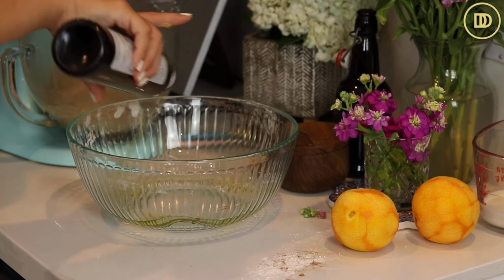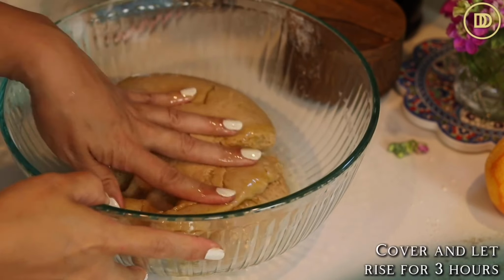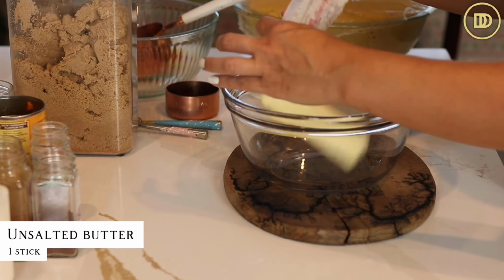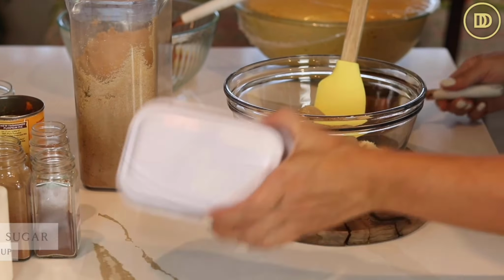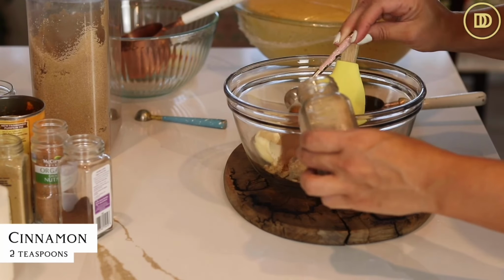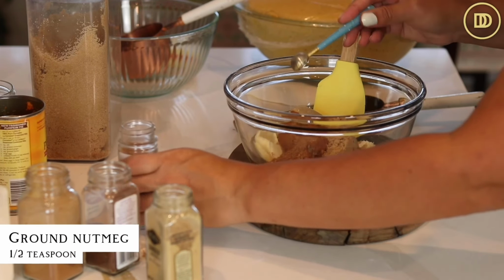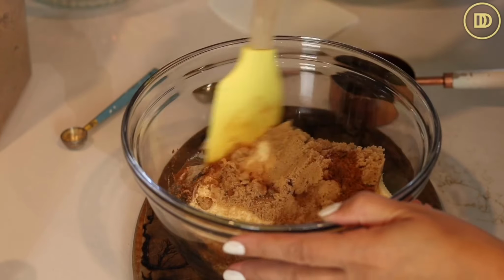So once the dough has risen, preheat your oven to 350 degrees Fahrenheit, and now it's time to make the filling. We'll begin with the pumpkin filling. So I have 1 stick of unsalted, really soft butter. I'll add to it a cup of brown sugar, the rest of the pumpkin puree that's in the can, that's about 3/4 of a cup, 2 teaspoons of ground cinnamon, half a teaspoon of ground ginger, half a teaspoon of ground nutmeg, a 1/4 teaspoon of cloves, and I'm just going to mix that all up until it's all combined